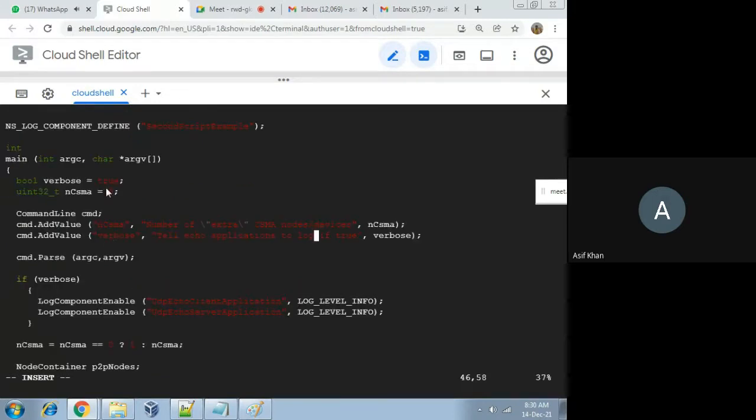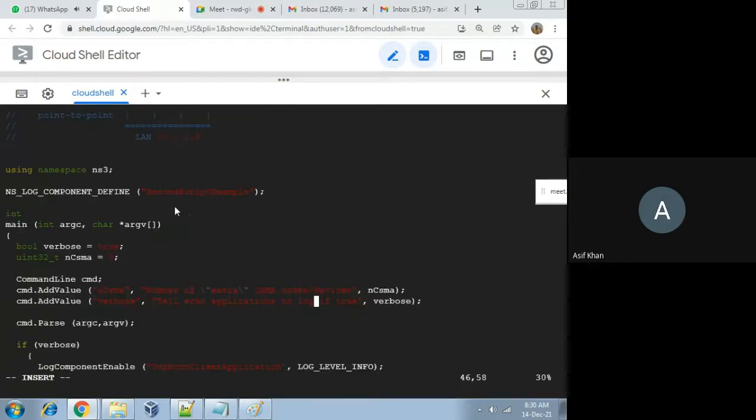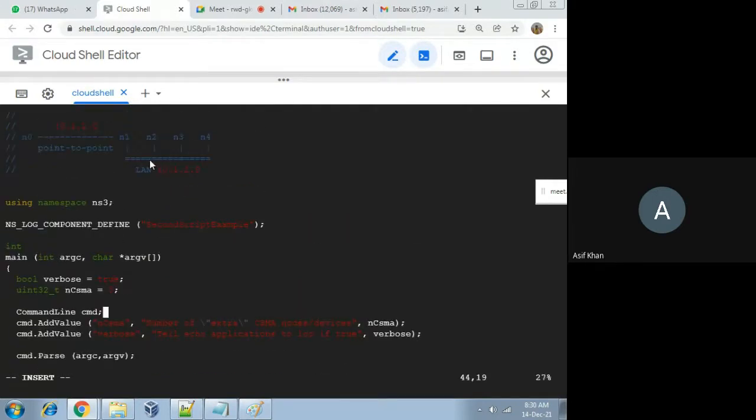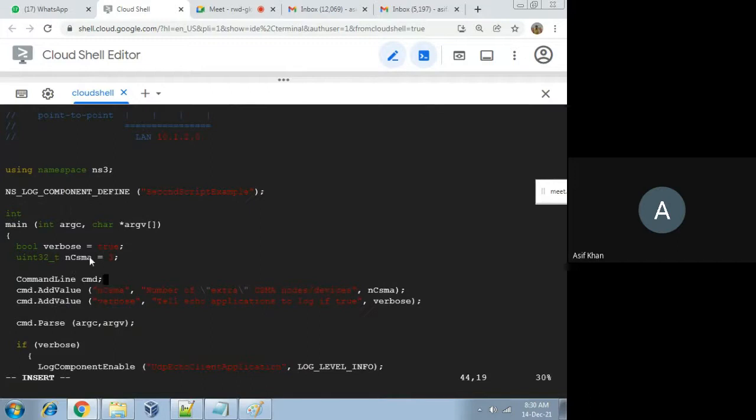The nCsma value, the number of extra nodes that you want in the CSMA network, you can also take through the command line. This cmd is the command line object, so with cmd.AddValue you can add the nCsma value and the verbose value while running the program on the command line.